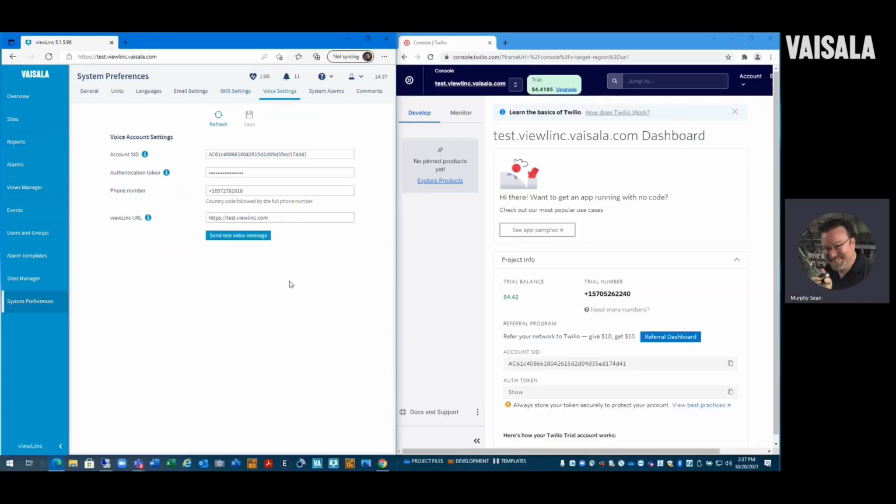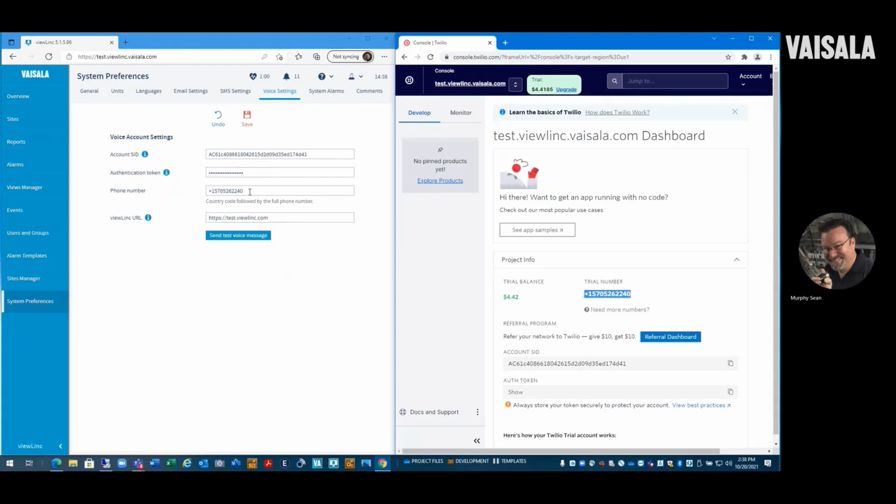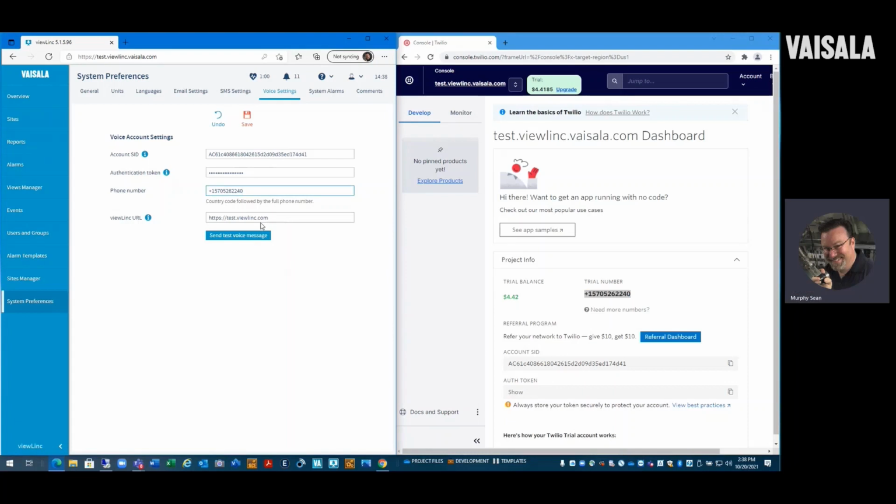The next is to go to the voice settings, and essentially I'm going to replicate the exact same process. I'm going to take the new telephone number that I have in here. Note that there's always a plus. Okay. So the next step here is to add the trial number. So just like we did on the first one, adding the trial number, highlight, Control C, and drop the text in there.